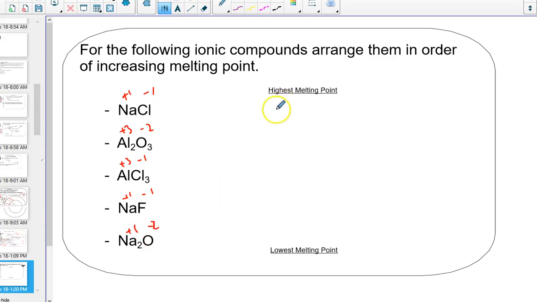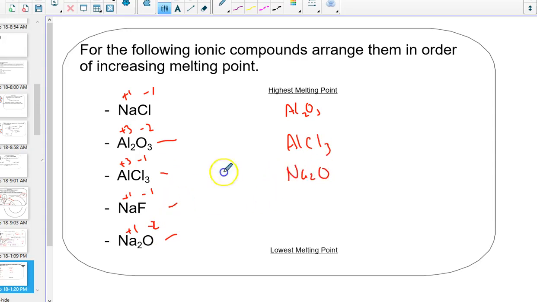Alright, so highest melting point would be this guy here, Al2O3, followed by, the next one would be, so that one's done, probably this guy right here, which has got the AlCl, it's 4 units, so AlCl3, that's next, and then we got this one, and okay,